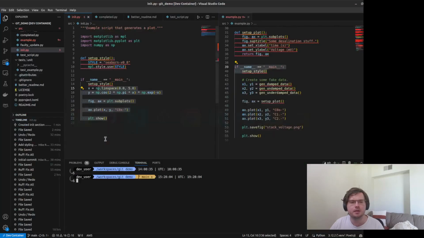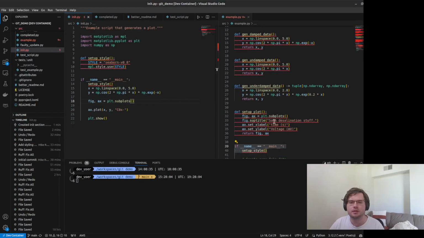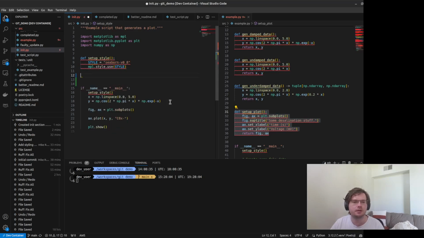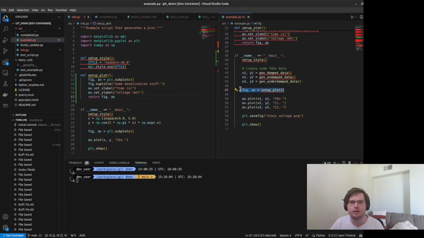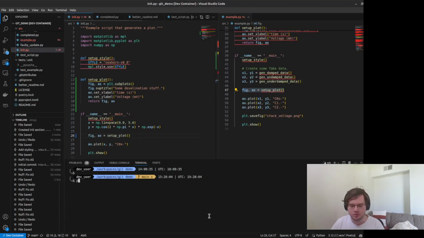So great, I'm going to keep going and make a few more of these changes. So let's say that I want to have this new setup of the plot, which is just going to add some titles and things. And then I need to run that instead of the other version that I had. Now the other thing is that normally I would be trying to test all of these things before I actually make a commit to them. So this time I actually am going to test that everything is working.